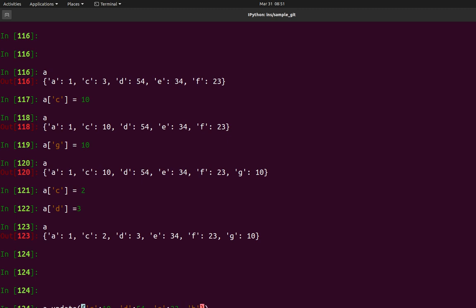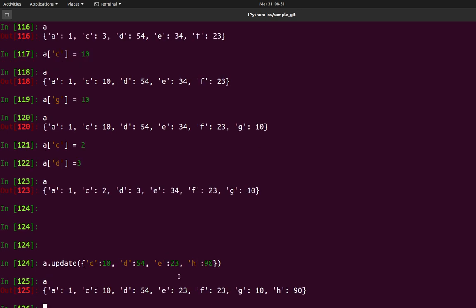Now if I want to create a new value also, H is not there, I will use, let's say, 90. If I do this, you can see these things are updated: whatever keys are already there get updated, and if the key is not there, it will get created. The same thing we are doing here manually for each element, even for adding new elements. Rather than doing this again and again, we will use the simple update method and put all these values in a dictionary. It will automatically update the existing dictionary and add those values.